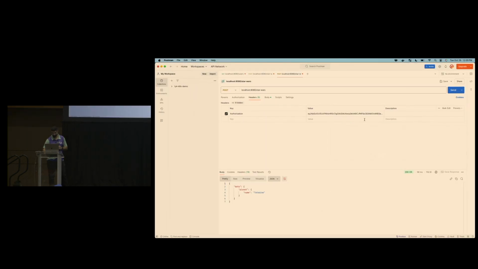So let me grab a key that is based off of a developer. Instead of continuing to go up, I'm just going to change this value to developer. There you go. And now if I grab this JWT, I can toss it in here. And if we hit send, it's going to tell me that you don't have access. So based on the scope that is inside of your JWT, Tyk was able to determine the access for the user.